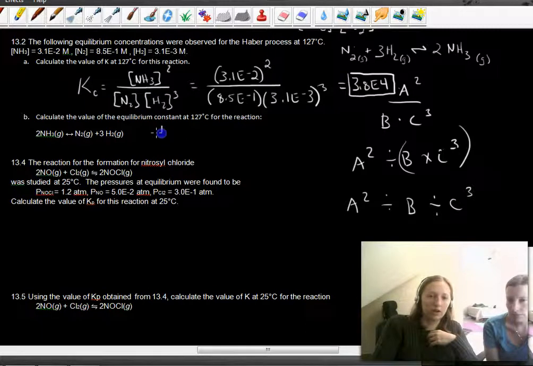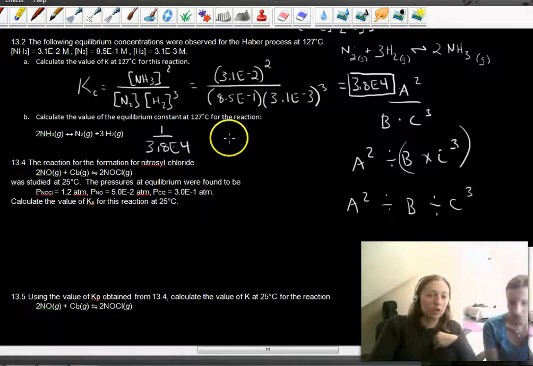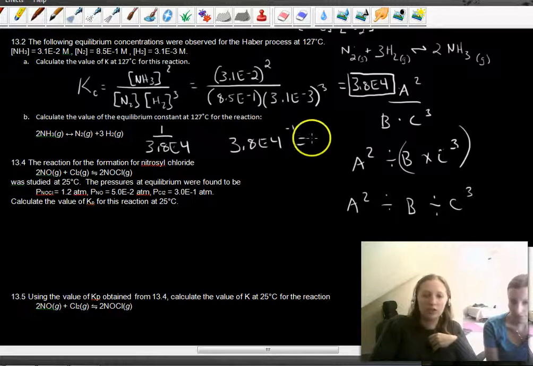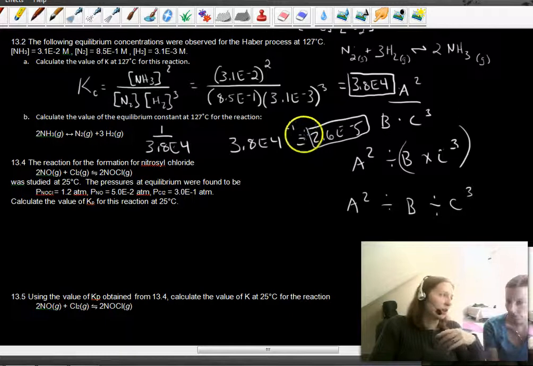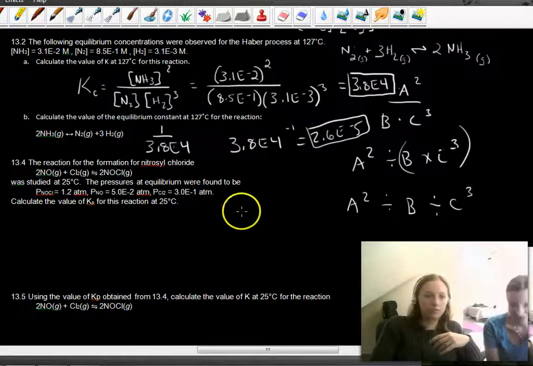So this is 1 over 3.8 e to the 4, which in your calculator you can also do by 3.8 e to the 4, to the -1st power. And you end up with 2.6 e to the -5. That's your answer for B. And then C is a multiplying one, and you can figure it out. All right,